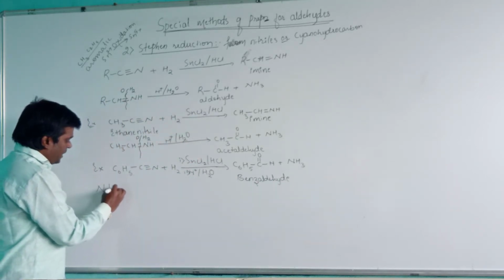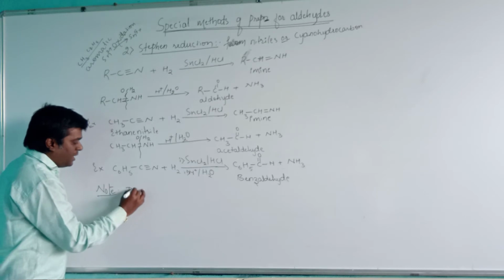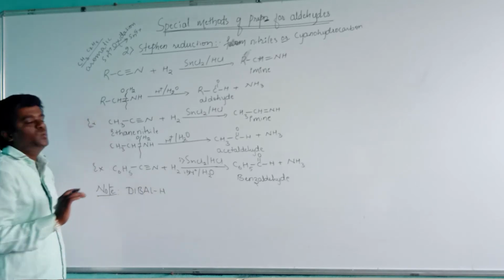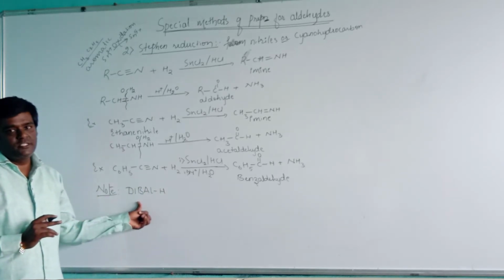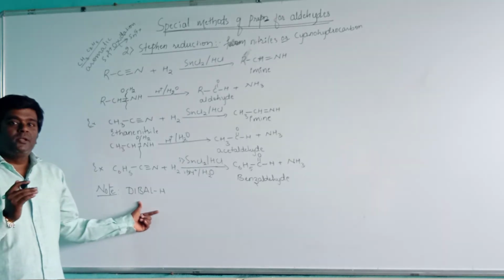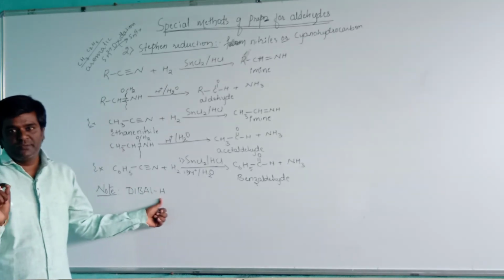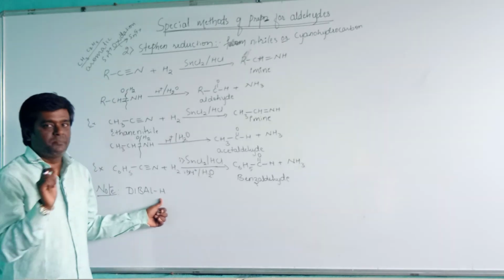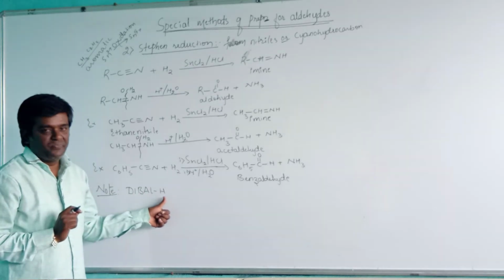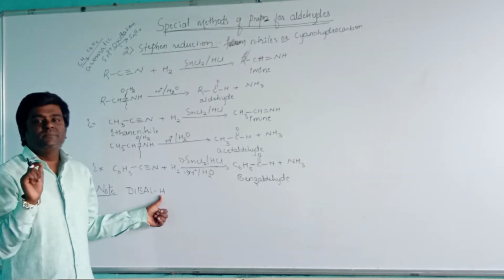In the place of stannous chloride, that is SnCl2, we can take DIBAL-H. DIBAL-H is a selective reducing agent. Selective reducing agent means, suppose we consider a compound that contains multiple bonds. In such cases, DIBAL-H will add the hydrogen where the polar multiple bond is present. DIBAL-H's full form is diisobutyl aluminum hydride. It will add a hydrogen where the polar multiple-bonded species is present.